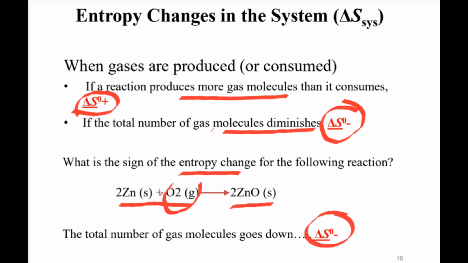Negative sign. ስለዚህ የጋዝ ሞለኪውሎቹ ቁጥር ከቀነሰ entropy sign negative ነው ማለት ነው።